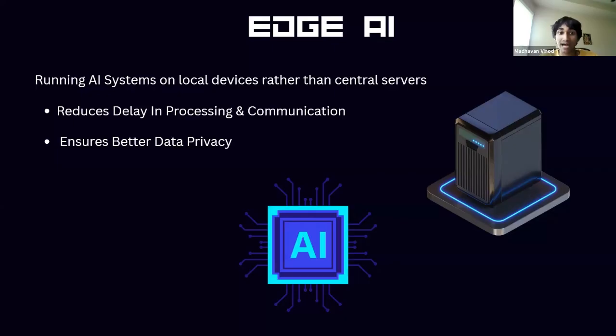So it speeds up the processing and communication within the AI system itself. It also ensures better data privacy because you're not sharing the data that you enter with the central server or anyone else for that matter. So you can expect that edge AI, first of all, will get a lot more popular in the coming years, but also for very important functions, whether in companies, perhaps some governmental entities, or other high-stakes groups, you could expect that edge AI is going to be one of the main forms of AI that's being used.